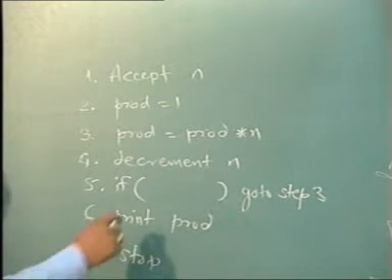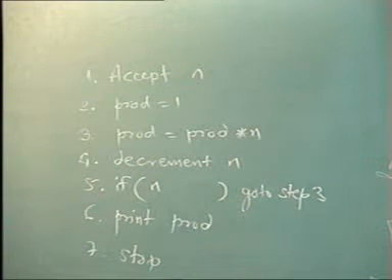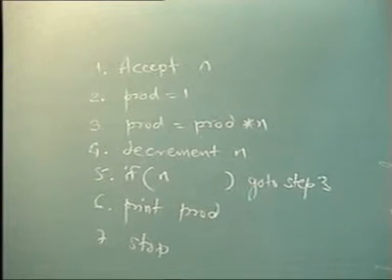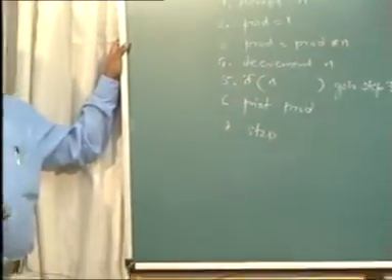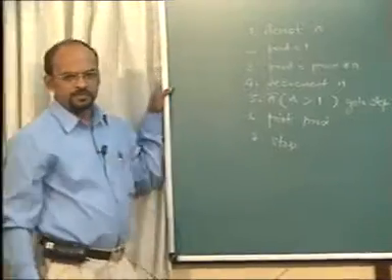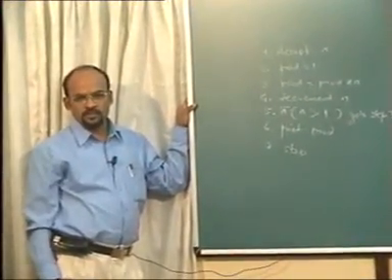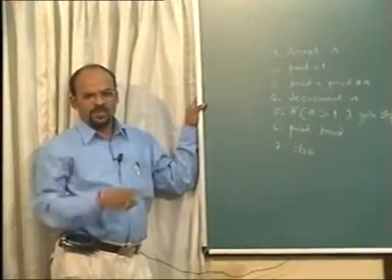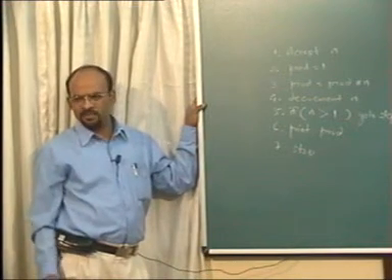What will be the condition? There will be a condition on n only. Yes. What will be that condition? You cannot have a condition less than, because n is decrementing. So it will be a condition till it becomes 1. So if n is greater than 1, go back. Because then you are not multiplying by 1. That doesn't make any difference.